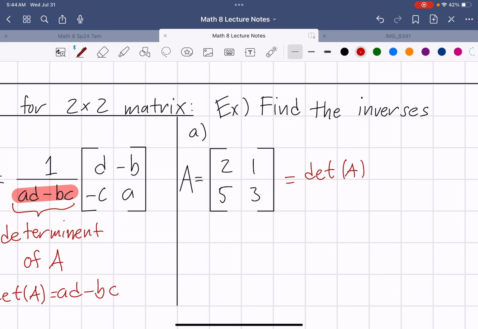So the determinant of A is just multiplying in a diagonal. Putting it over 1 is part of the formula. So the determinant is just 2 times 3 minus